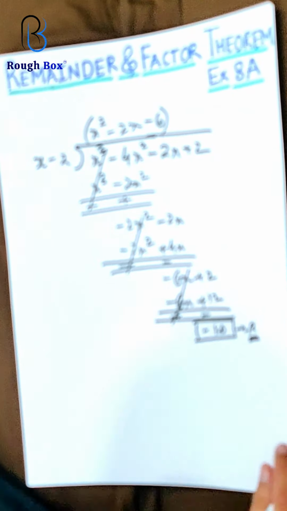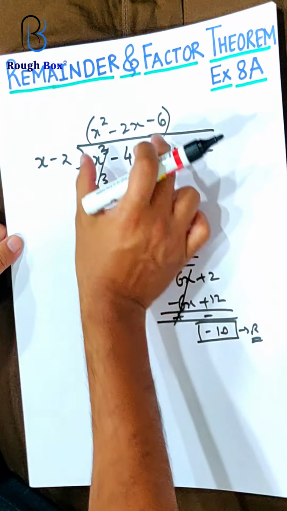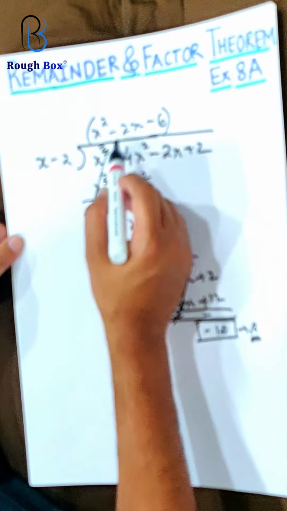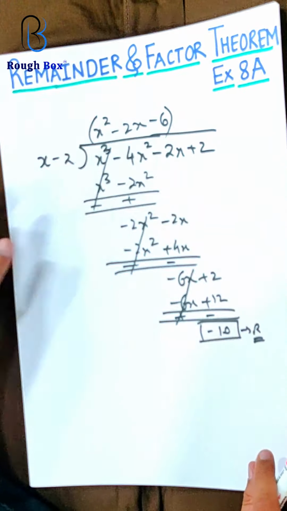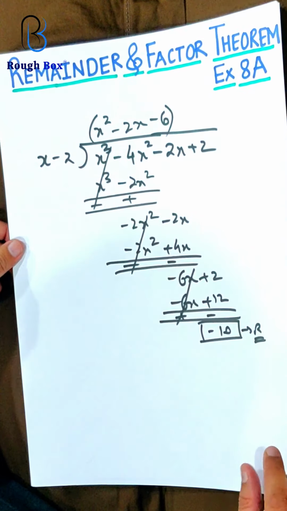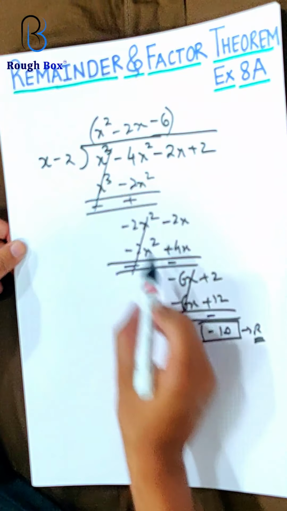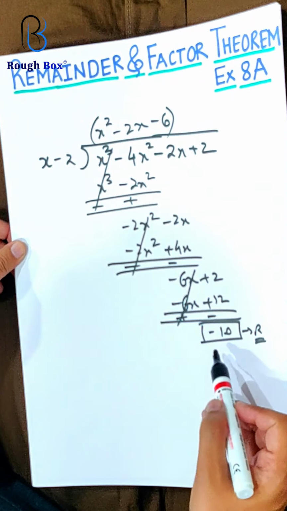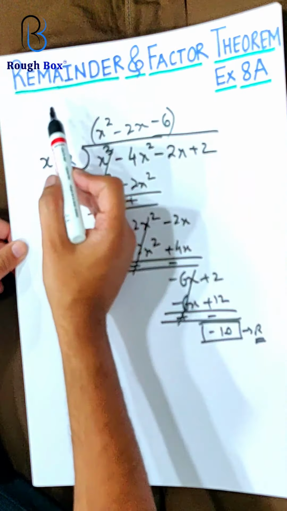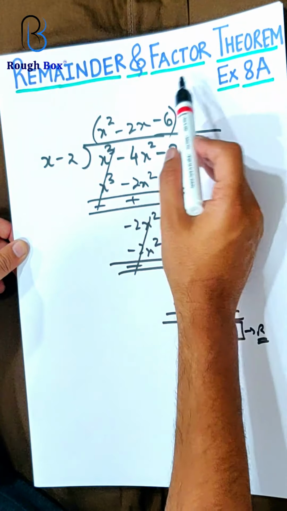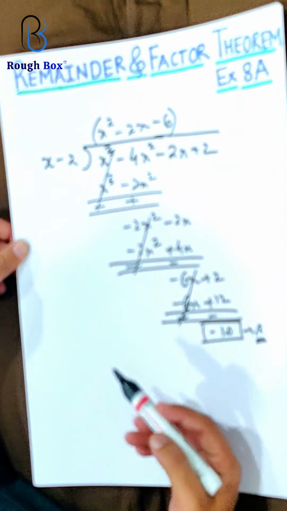And right now this is the factor, or these are the factors. It's a quadratic equation which you can split. Probably this one you are not able to split, but otherwise you may. Now if I want to find the remainder without doing the long division, this is called the long division method, then we've got something called the remainder theorem or factor theorem. Now what is this remainder theorem?